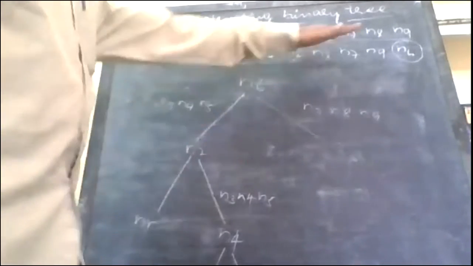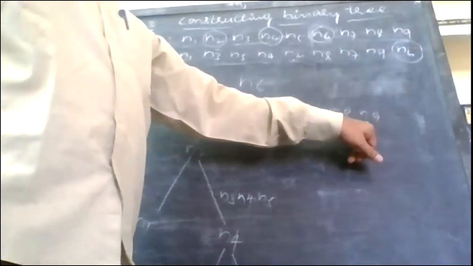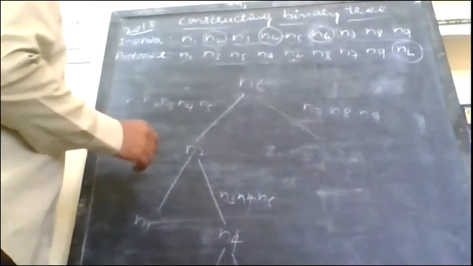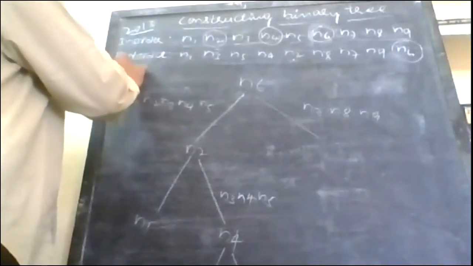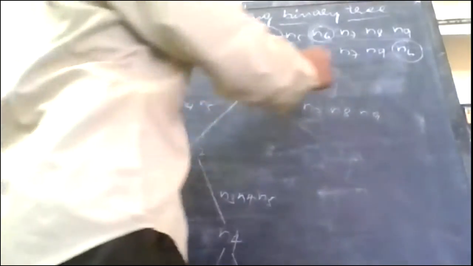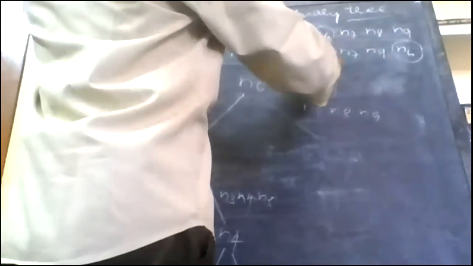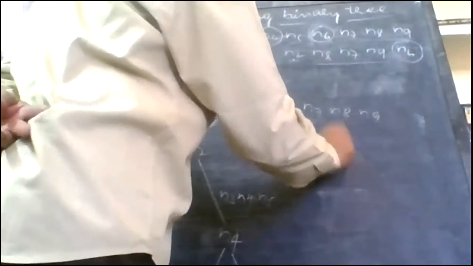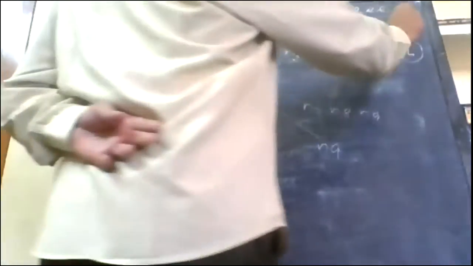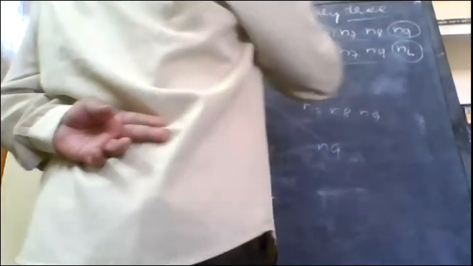Now we are left with three elements, that is N7, N8, N9. They are on the right. So again I need to take the help of post order. In post order, again I need to traverse from right to left. So now in these three elements, the first node I find is N9. N9 means N9 will be the root. So I have to use the in order.